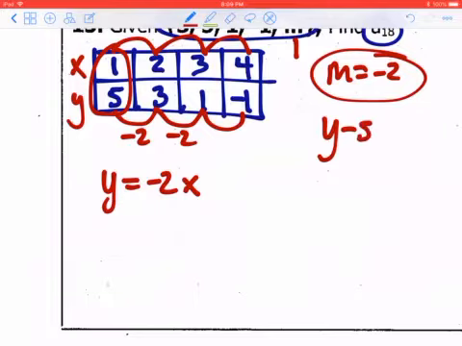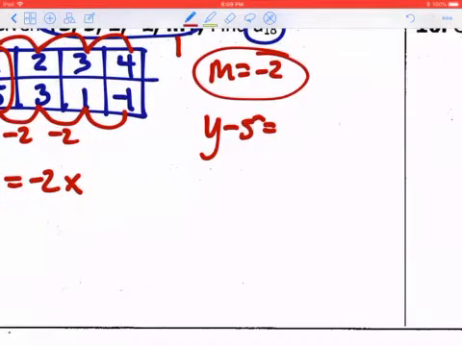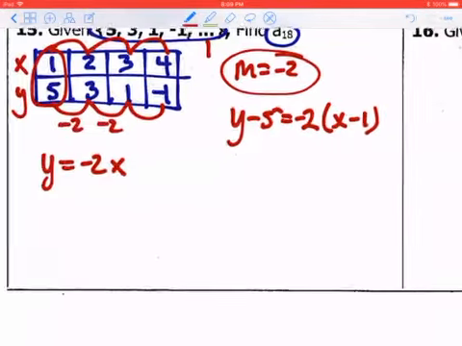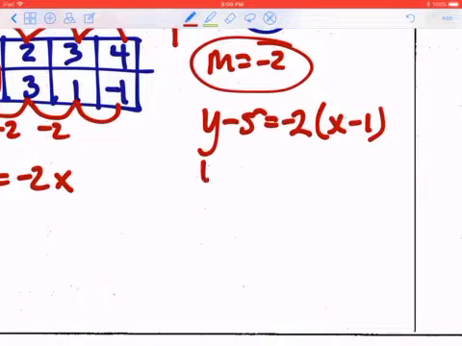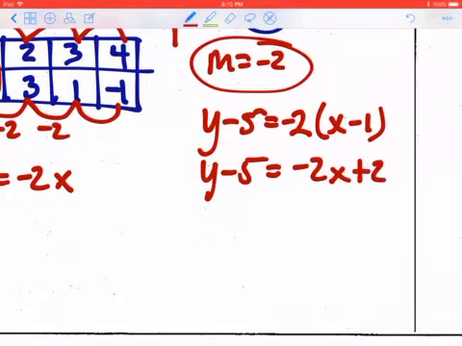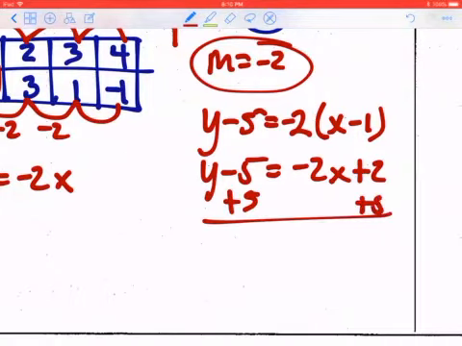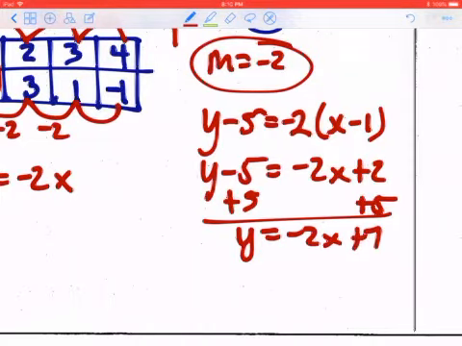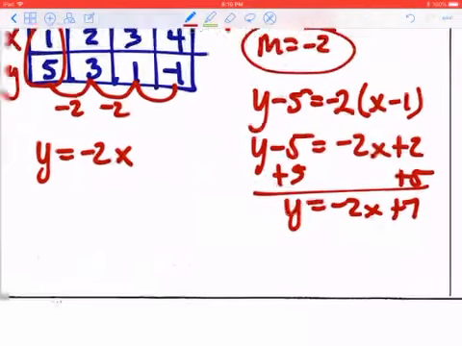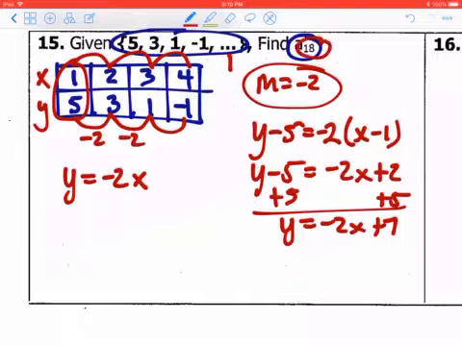Y minus 5 equals negative 2 times x minus 1, and this would make it simple because y minus 5 equals negative 2x plus 2. Then add the 5, so y equals negative 2x plus 7, which now all I have to do is substitute 18 to find out